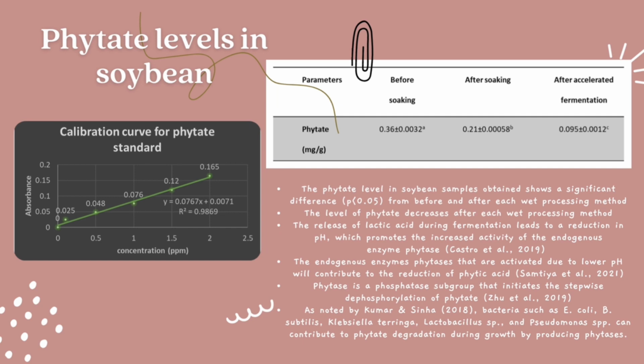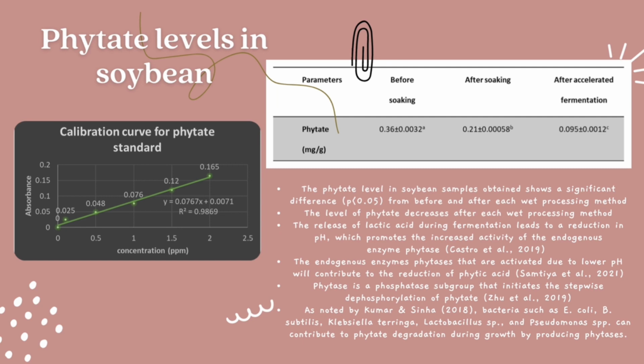This is due to the release of lactic acid during the fermentation process that leads to the reduction in pH. This will then promote the increased activity of the endogenous enzyme phytase. Endogenous enzyme phytase is actually the phytase from the insides of the soybean, which means that it is a plant-based phytase. As noted by Zoo 2019, this phytase is a phosphatase subgroup and it will help in the dephosphorylation of the phytate. From after soaking to after accelerated fermentation, the phytate levels in the soybean sample degrade even more from